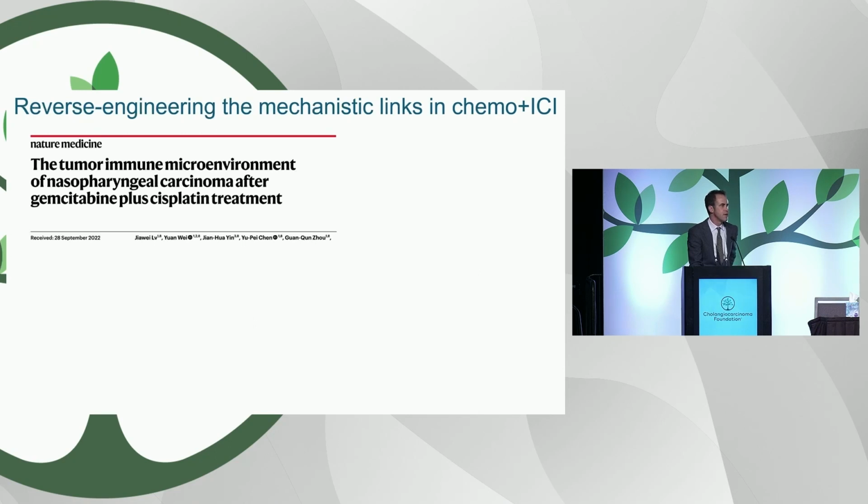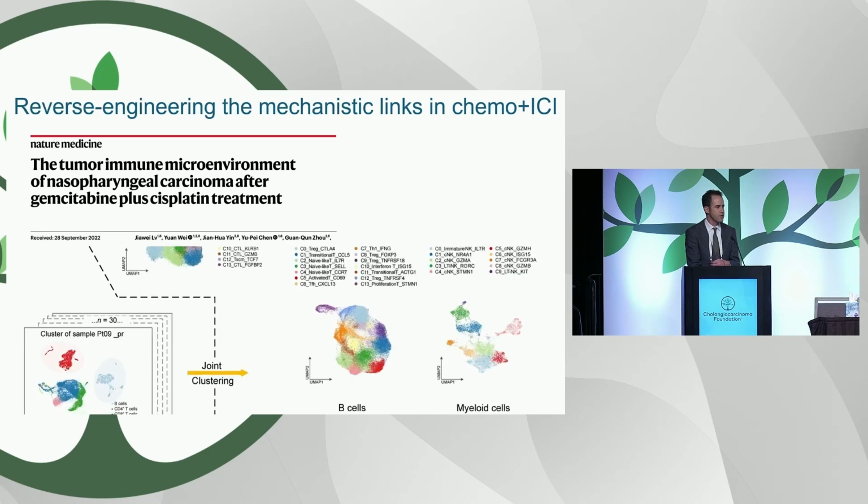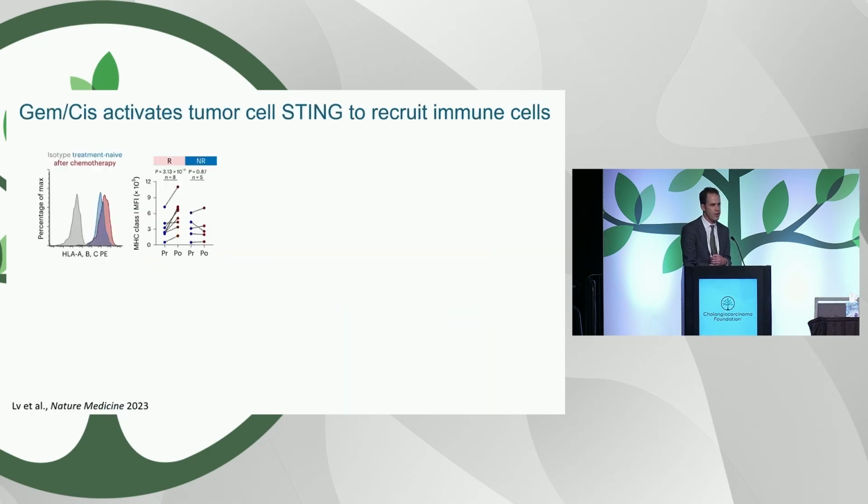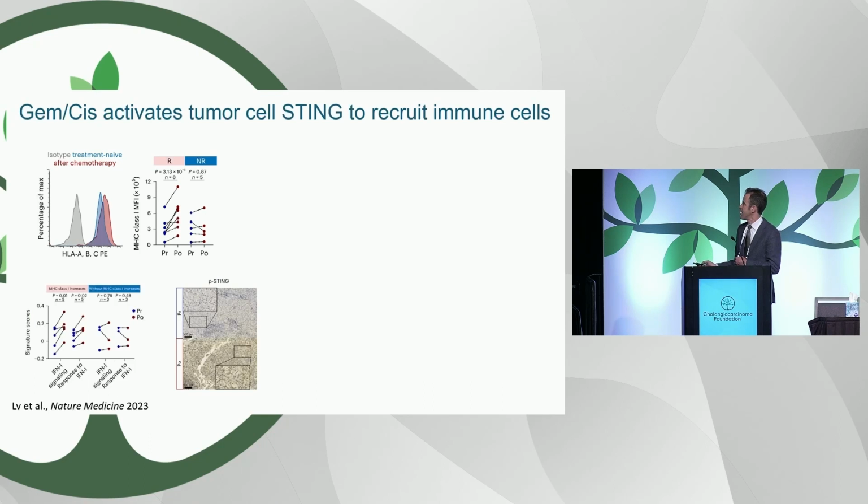And so in this study, a group of about 60 patients who were receiving gemcitabine and cisplatin, given exactly the same way that it's given to patients with biliary tract cancer, underwent biopsies before and after chemotherapy. And what was quite striking is that if you look at those patients who benefited from chemotherapy, those patients showed, in addition to chemotherapy-induced cell death, that there was an activation of antigen presentation, as you can see here, and an activation in